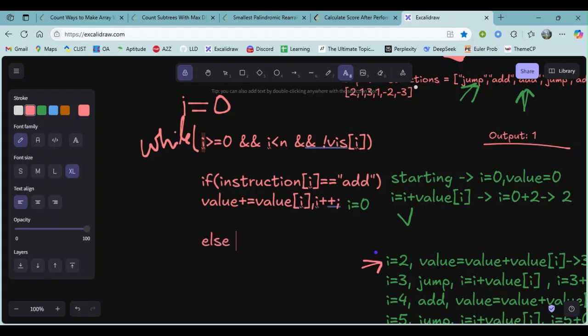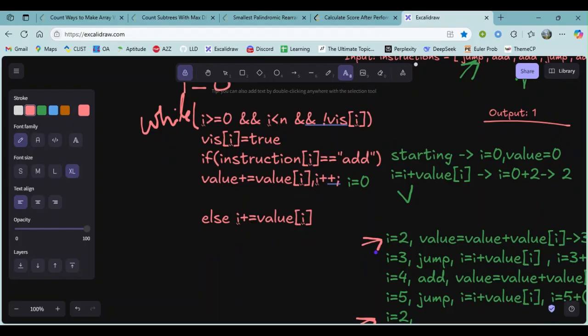Else the instruction will be jump, and in the case of jump, I will do i plus equals values of i, and we will just mark the current index true. So visited of i will be true.